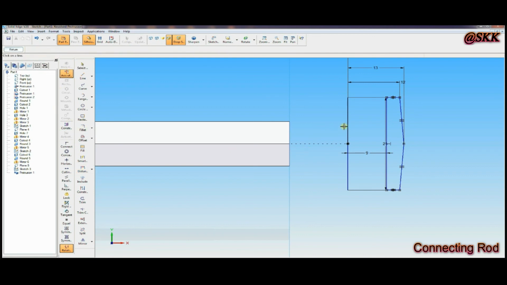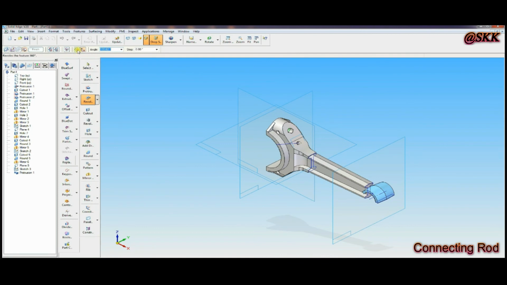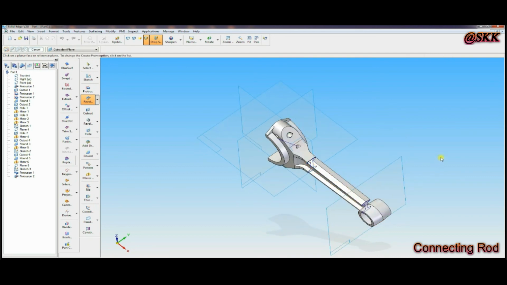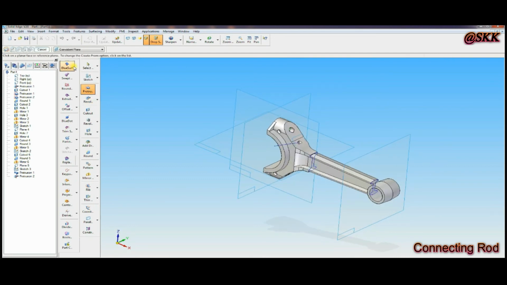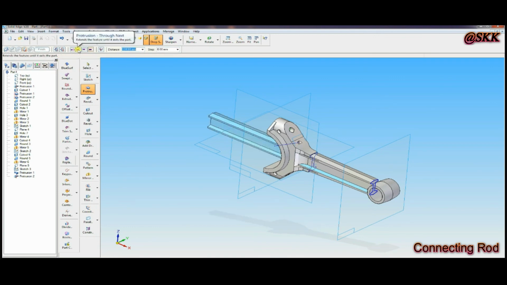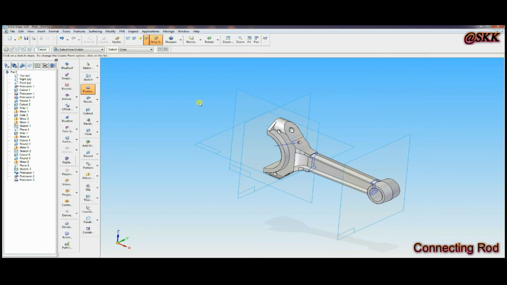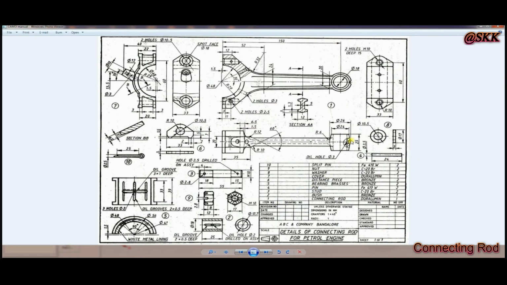Then go to axis of revolution, that is the axis, then return, 360 you have to give here. Then you can see a small gap, that you have to fill with the help of the protrusion command. Protrusion with the help of sketch plane, select that sketch, then go to right mark, then give through next. Move the cursor in no direction or the desired direction. That finishes the filling of the protrusion.